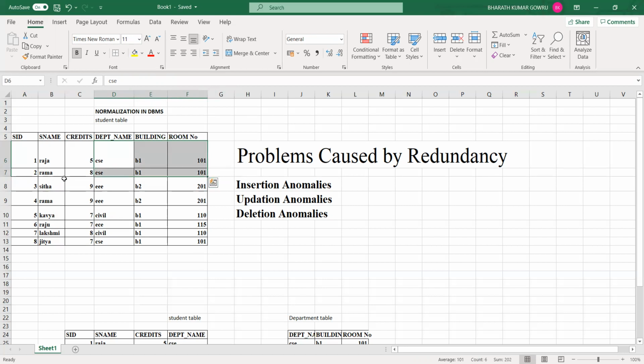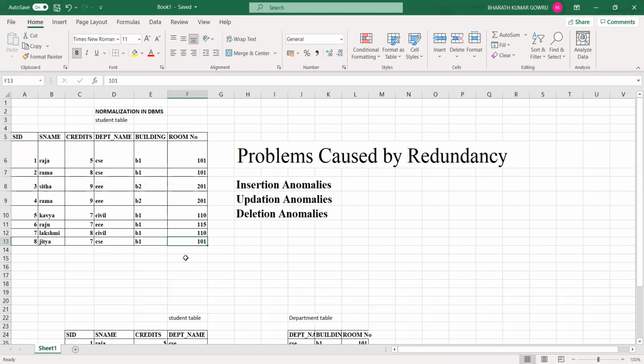Please observe the other student id information also. Suppose the eighth student is also related to the CSC department. So the other information is again B1 and room number 101. Here we mention the department name three times. Student ids 1 to 8 related to the CSC department will definitely stay in the B1 building, and the room number is also 101. So we represent the same information a lot of times, and that causes the redundancy problem.